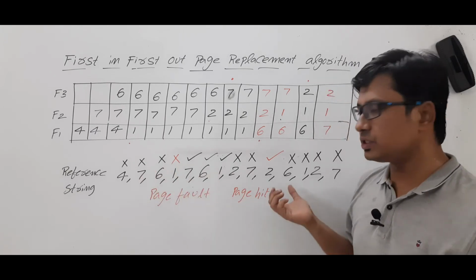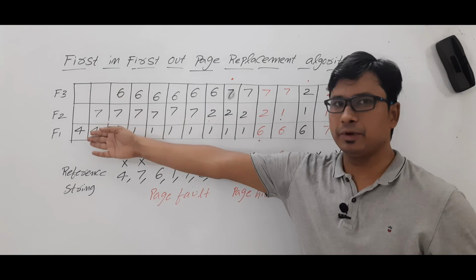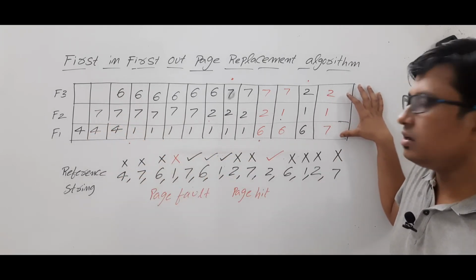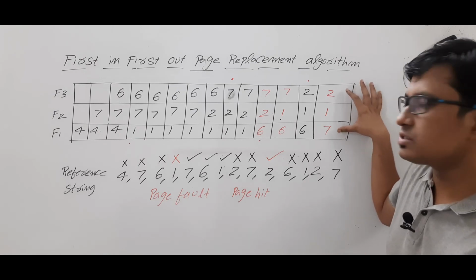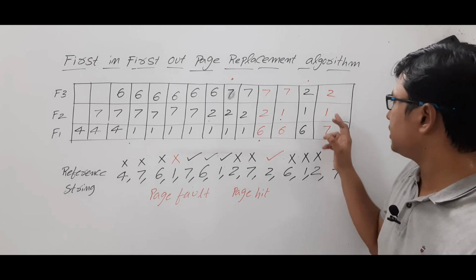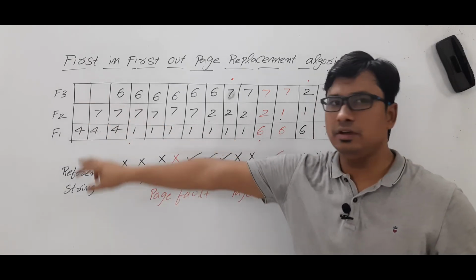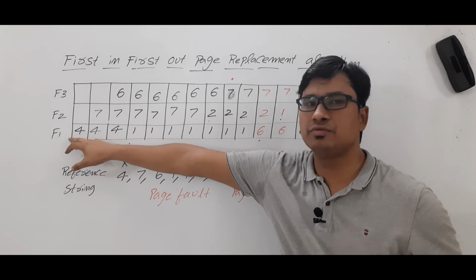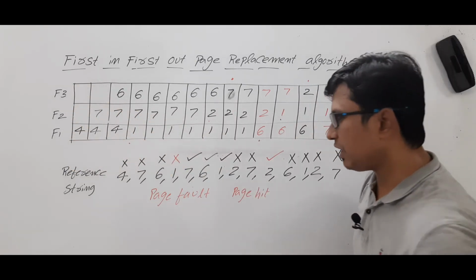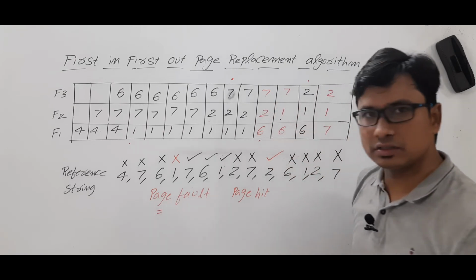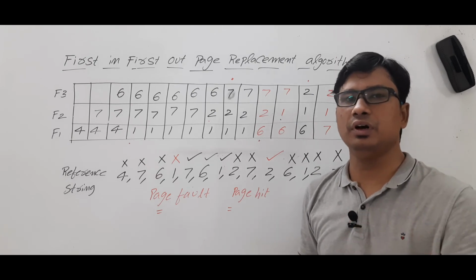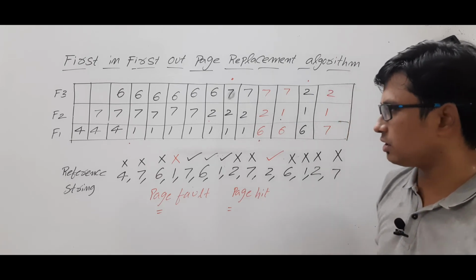Usually they may ask a question like this also. Given some number of frames and a reference string, they will ask you what are the pages which are there in the main memory. You have to say page number 7, 1, 2 are there, depending on the frame number. See, because here I am calling it frame number 1, frame number 2, frame number 3. Okay, now we need to find the number of page faults and number of page hits, so that it will be useful for you to compute the hit ratio and fault ratio.